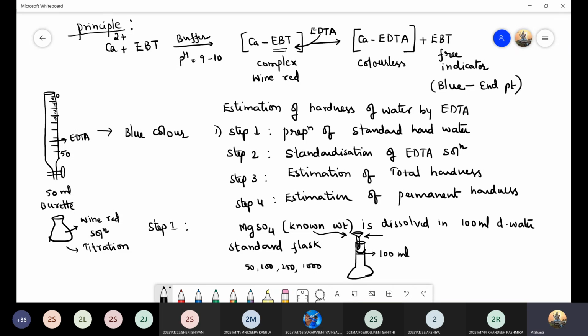So in step 1 we have now prepared the standard solution. Is it clear, girls? MgSO4 salt is taken and dissolved in the distilled water, you get a clear solution, then add the remaining water up to the mark and that will be nothing but a standard solution. Can somebody define what is the standard solution? Why is the solution called a standard solution?